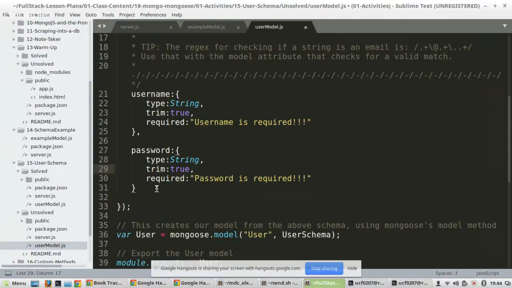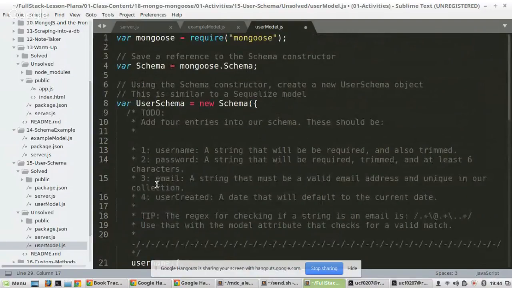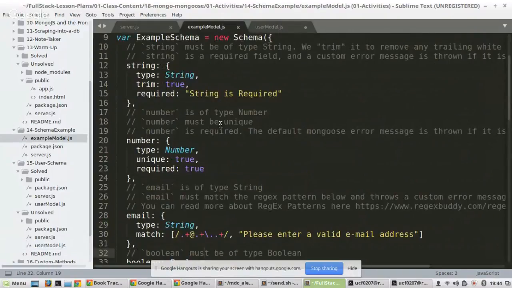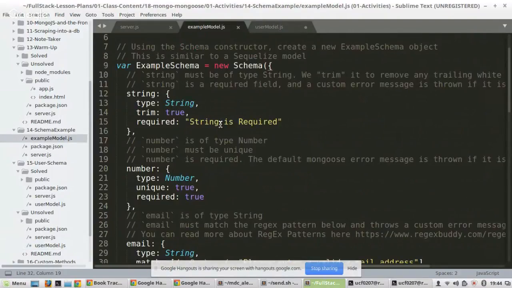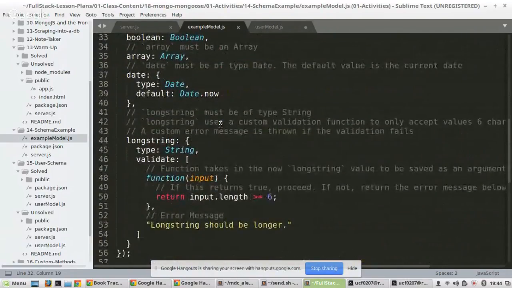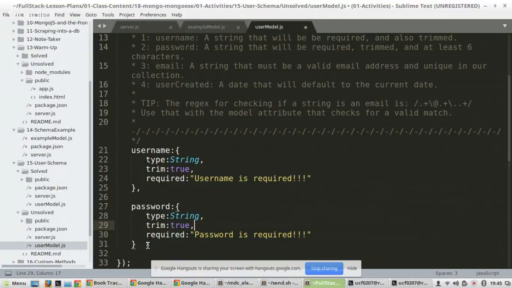All right, what am I doing? Scroll up. Okay, at least 6 characters. I think it's just a max, but let's go back to our example. Minimum? If you scroll down, they have a thing called long string, and that's what they use. Okay, so validate input, return input. Yeah, let's do it that way, but let's not do greater than or equal to, let's just do less than 7. Okay, so validate, comma,